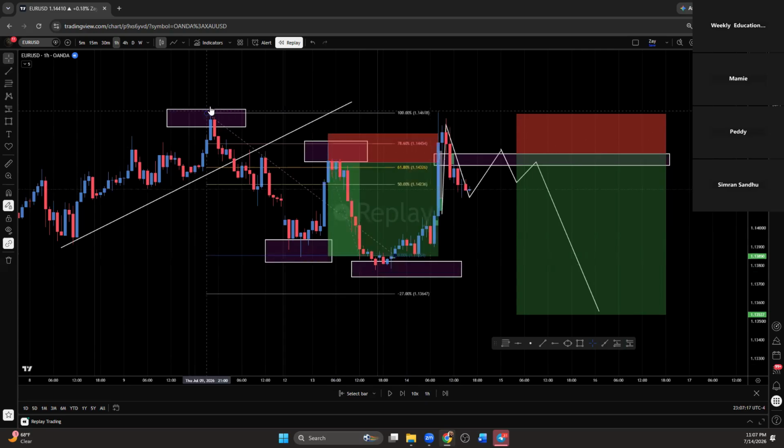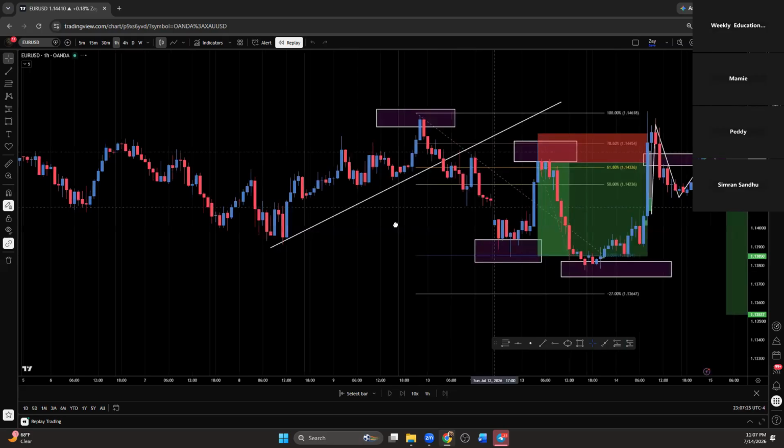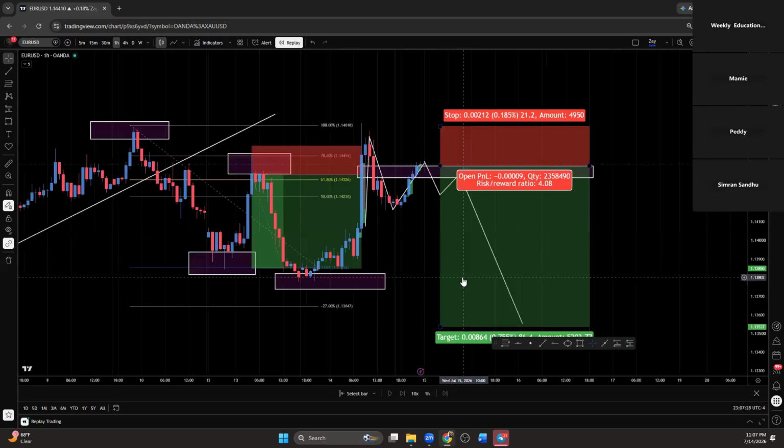Still following this, did not break above here. So we still got this true high. We still got this low, right? And now market is kind of sitting in this area. So like I said, where he entered the trade, man, not a bad entry at all. I don't disagree. I like it. But like I said, you can't win them all.